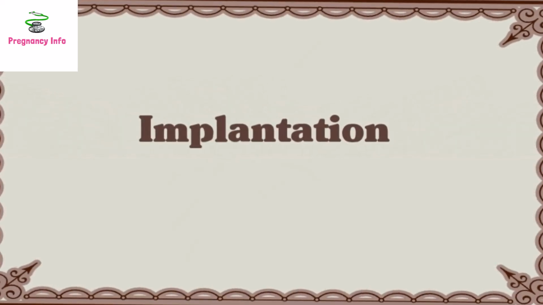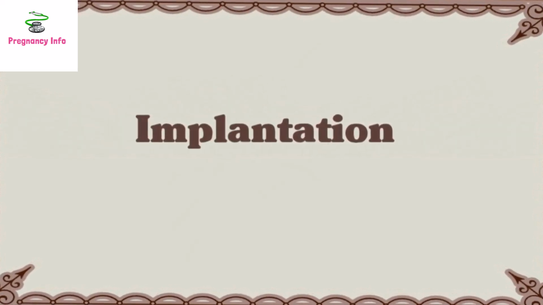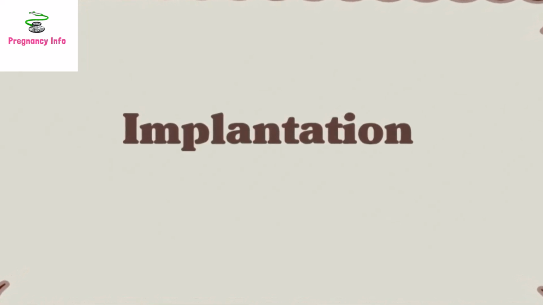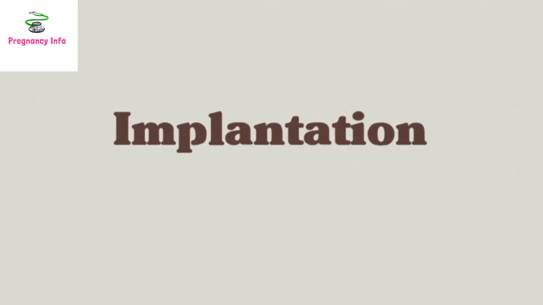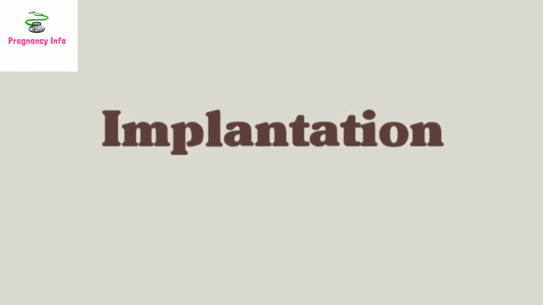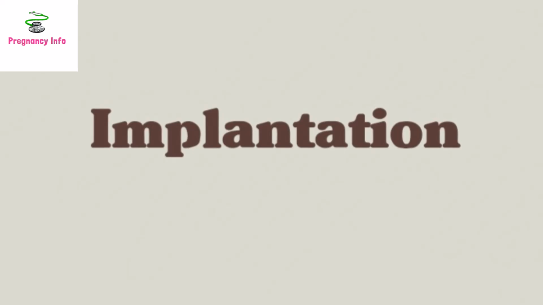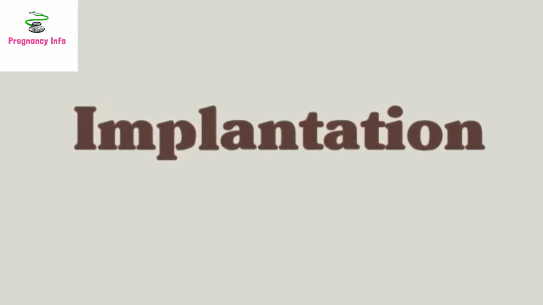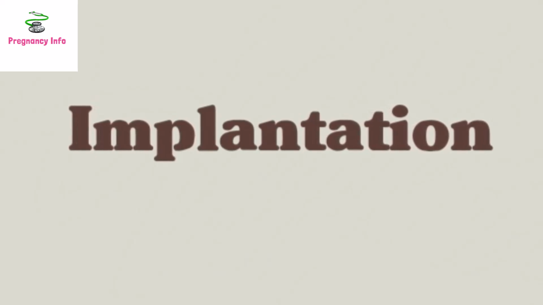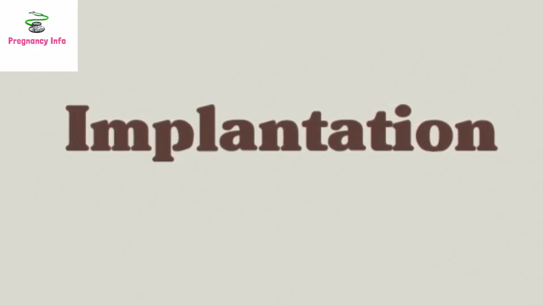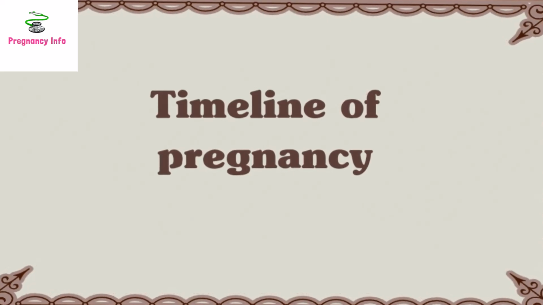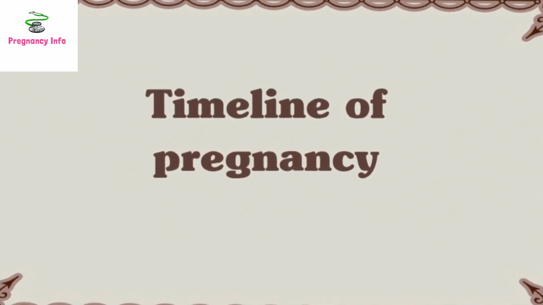Implantation. The embryo must implant and grow inside the uterus after reaching the blastocyst stage. About 5 to 6 days after fertilization, the process of implantation into the uterine wall begins. Naturally, about 50% of all successfully fertilized eggs fail to implant. The receptivity of the uterine lining and the quality of the embryo are two crucial factors determining the success of implantation.